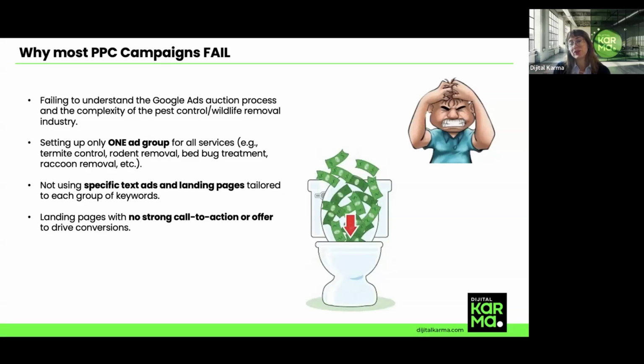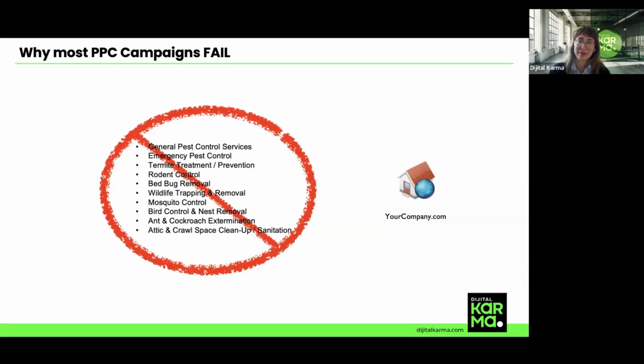Basically, it's usually a failure on the agency's side. A lack of understanding of both the Google Ads system and the unique nature of pest control. Here is what I mean. Google assigns something called a quality score to your ads. That score tries to understand how much you pay per click and how often your ad shows up and in what position. To get a high quality score, Google wants your ad, keyword, and landing page to be tightly aligned.